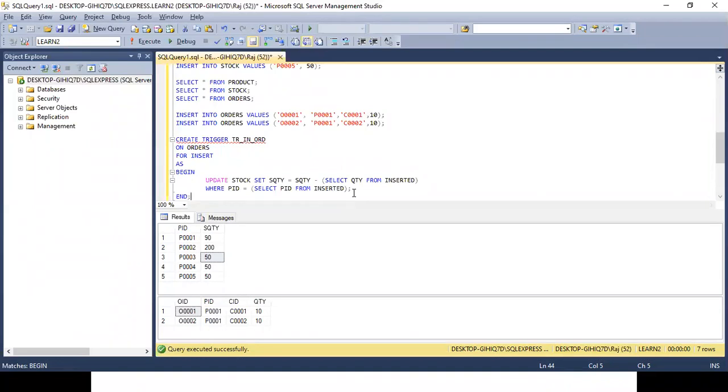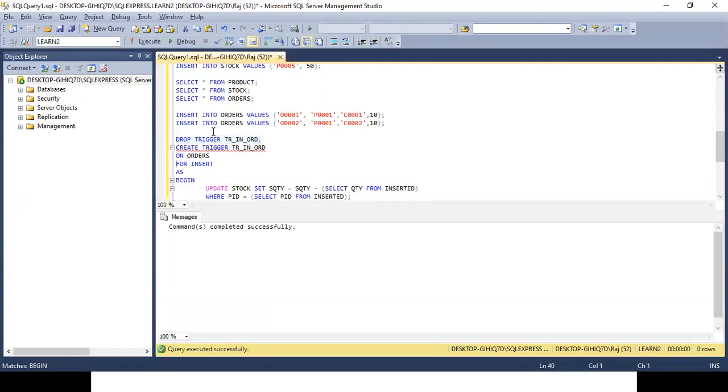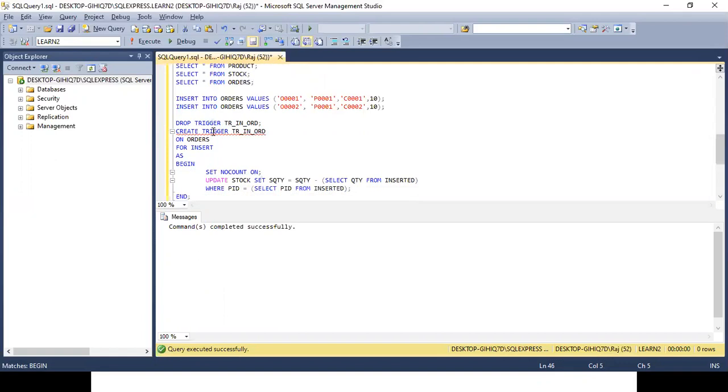In that scenario, let me drop the trigger. Drop trigger name. It has been dropped. Do you remember set nocount on?